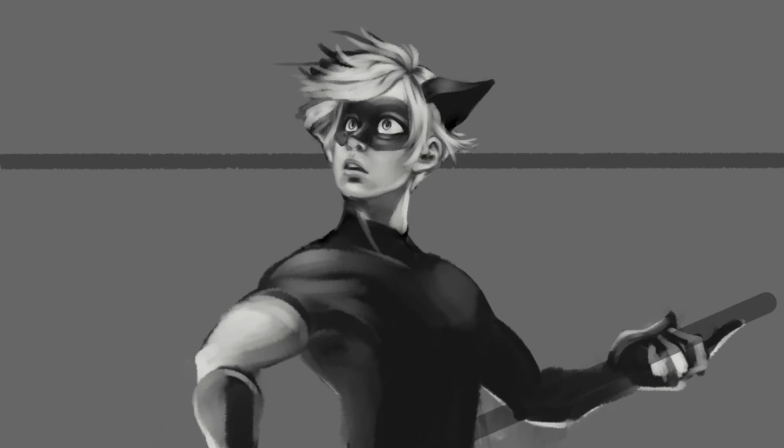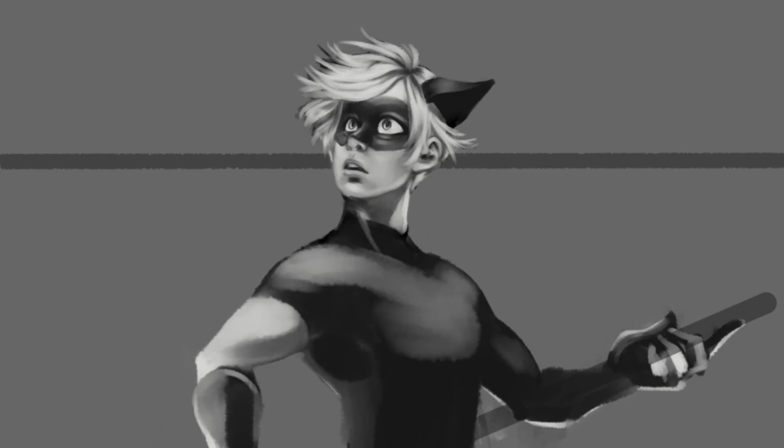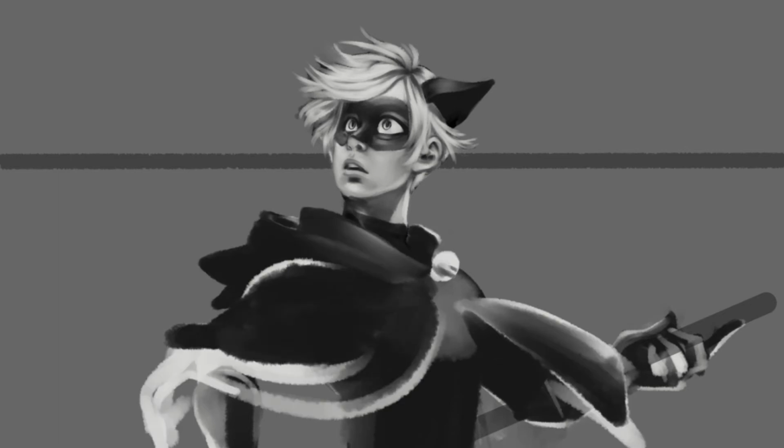Color, I can do color. I can paint color anytime. But it's not what I'm looking to do right now. I can do coloring for other line art in all sorts of different ways, but what I'm trying to focus on is my rendering capabilities. So there's a lot of studies on light, studies on anatomy, on gesture, and